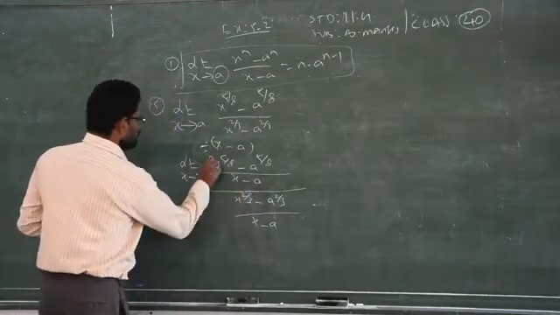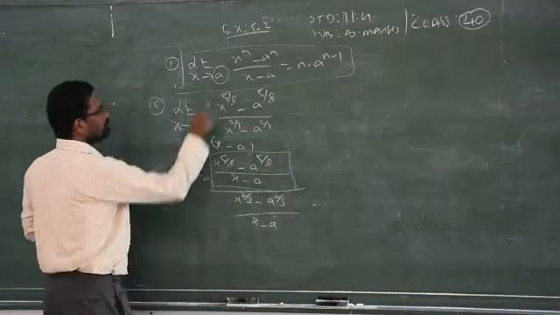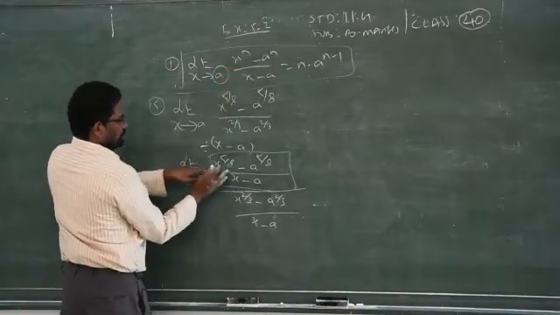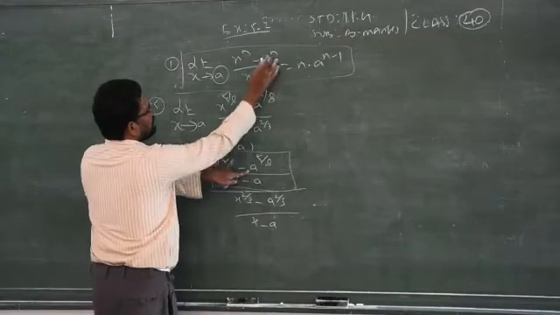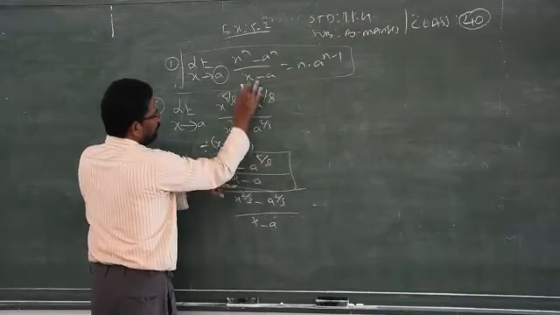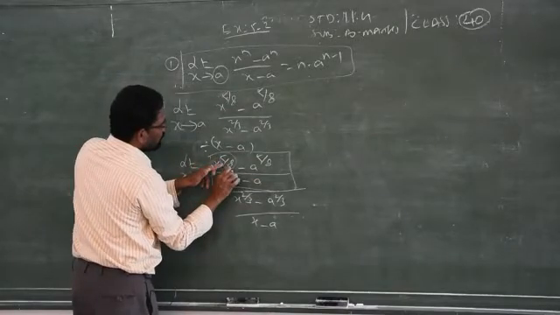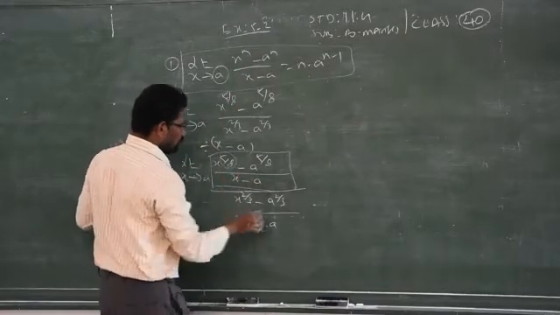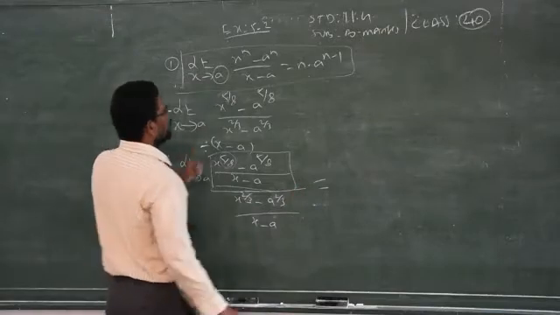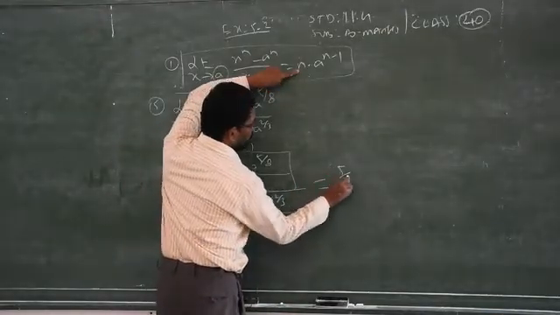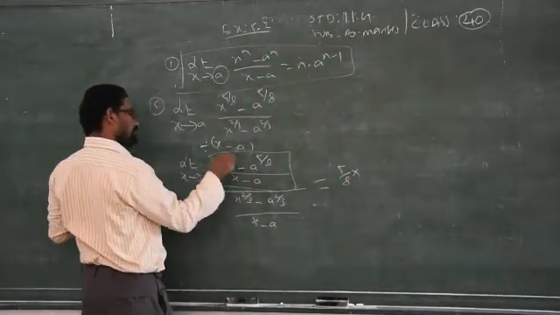Clear? So now this will become how much? See, x power n, x power 5 by 8 minus a power n, a power 5 by 8, by x minus a. See, same concept. In the place of n, what is given? 5 by 8. That's all. So I can replace the numerator by using the formula. N is 5 by 8. What is a? A is there as it is.